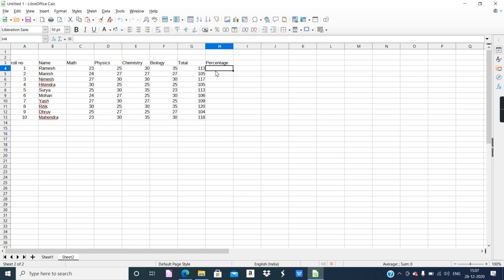Okay, now percentage, there is no system defined formula, so you have to do the calculation. Before doing any calculation, give the equal to symbol, then you know the formula for percentage: total obtained marks divided by total marks multiplied by 100. So total obtained marks is this cell. No need to type 113. Just select the cell, the value will be considered,